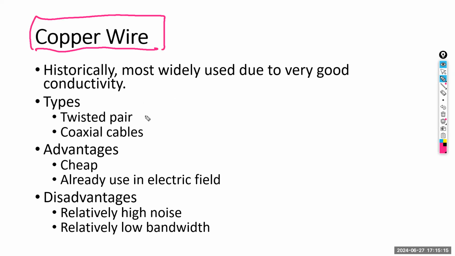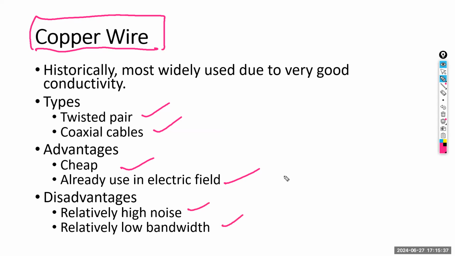So there are two types of copper wires we use, twisted pair and coaxial cables. It's reasonably cheap and already used in the electrical field, so these wires are readily manufactured. The disadvantage, compared to other alternatives we have right now like fiber optics, is that it has relatively high noise and